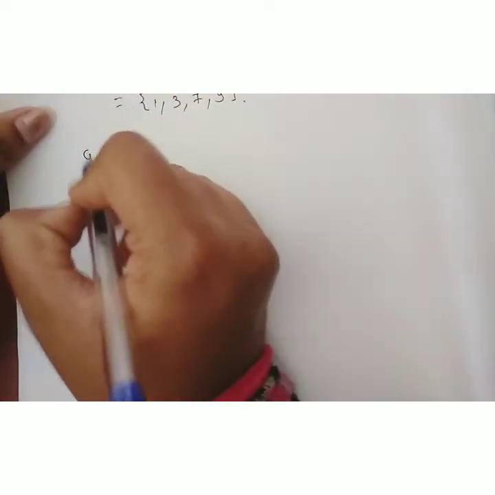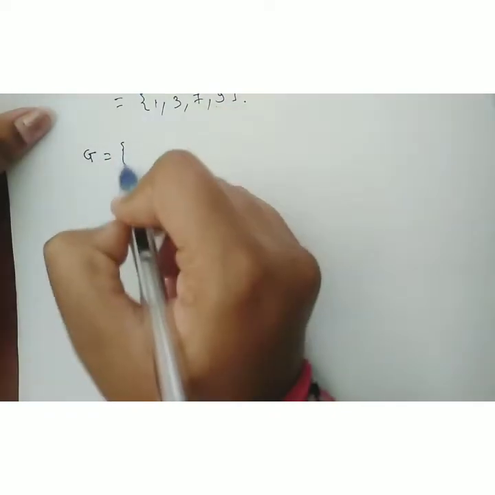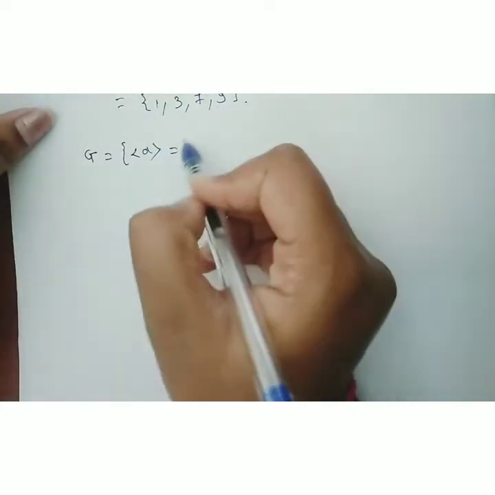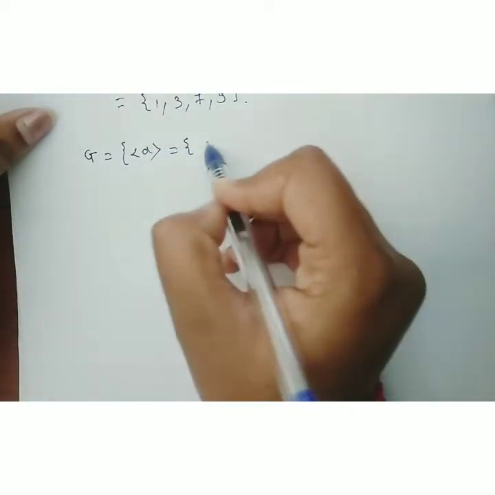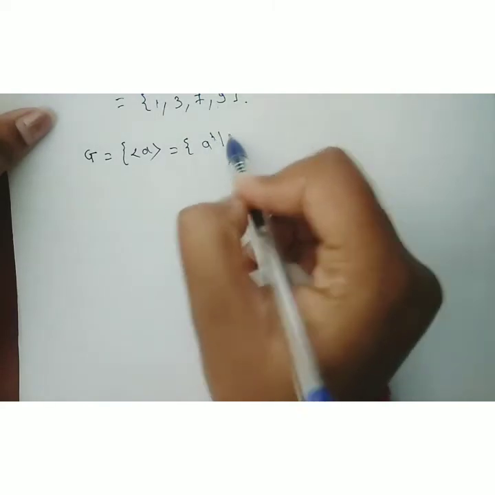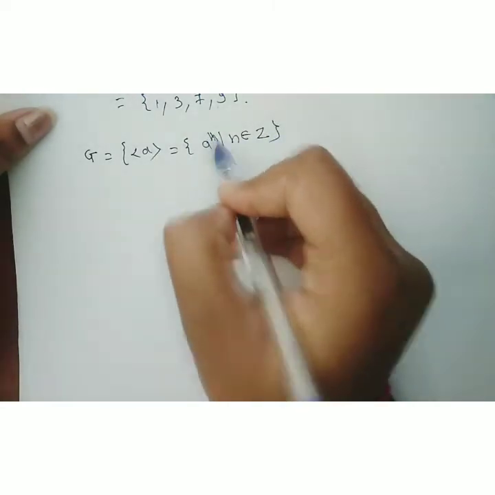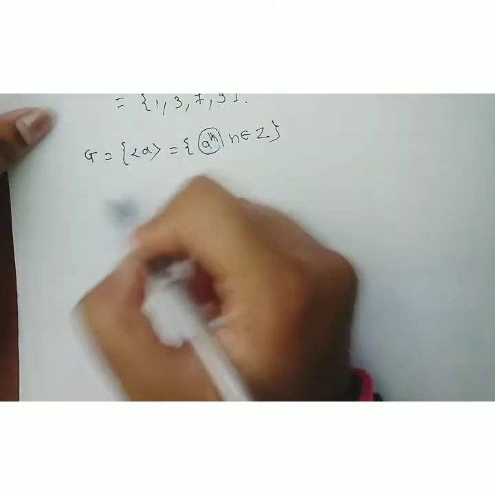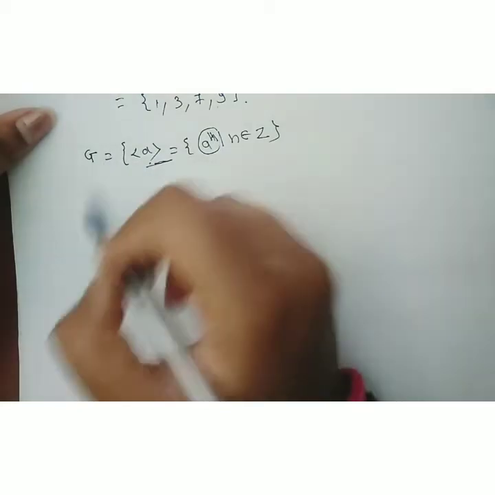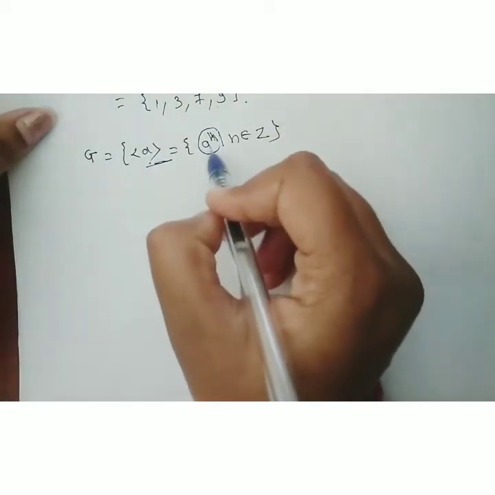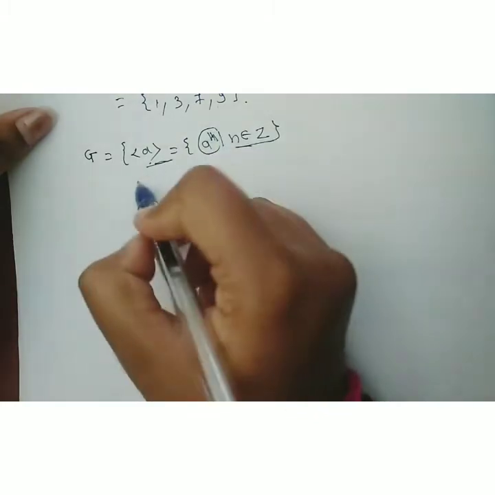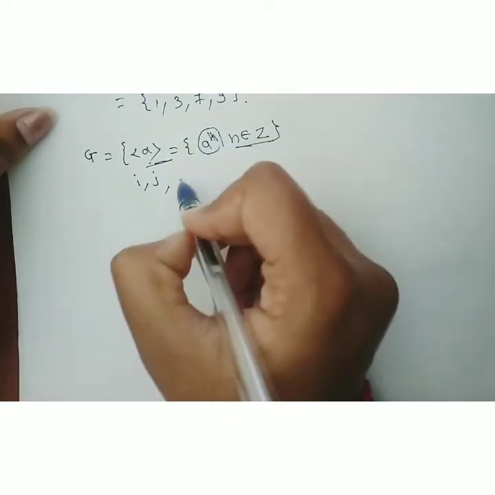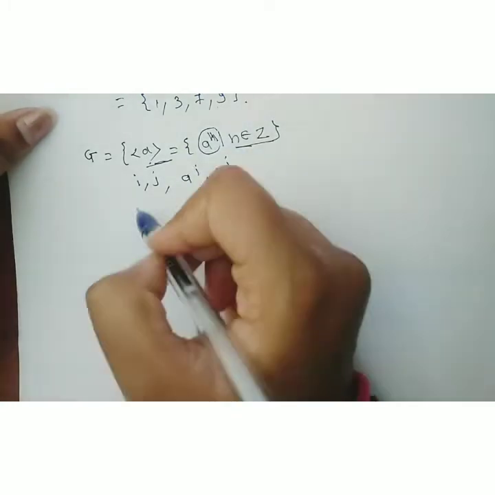We have given that G is a group generated by a. Generated by a is nothing but what? The elements look like a to the power n for some n belonging to Z. That is, if we consider any two elements of that group G, how do they look? They look like a to the power n for some n belonging to Z. Now we consider i and j belonging to Z. Therefore, the elements are a to the power i and a to the power j.